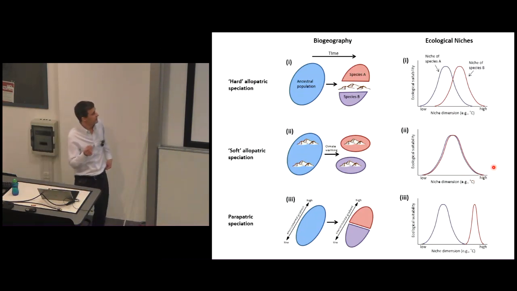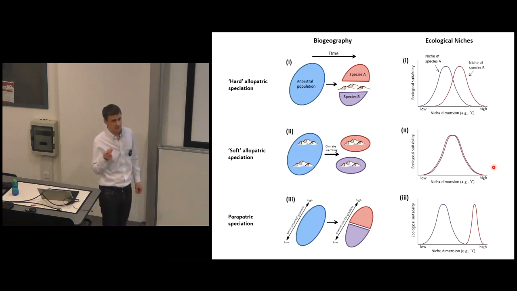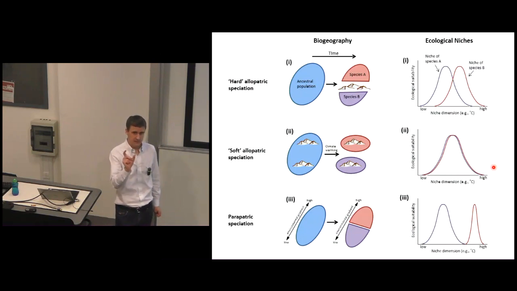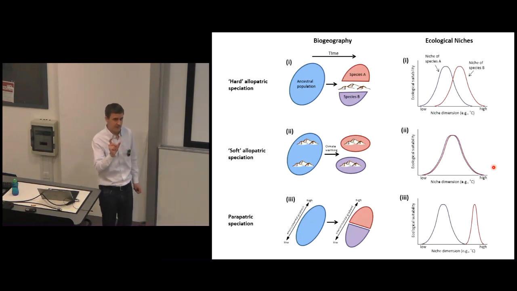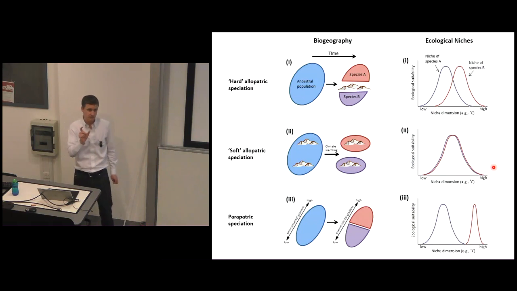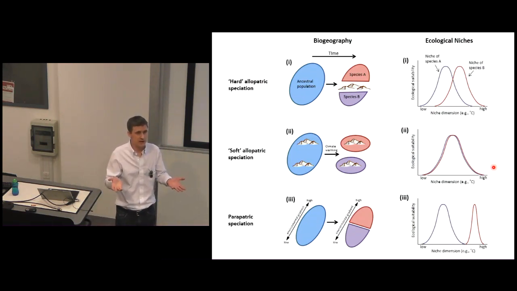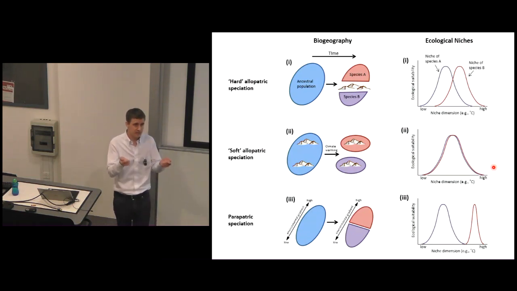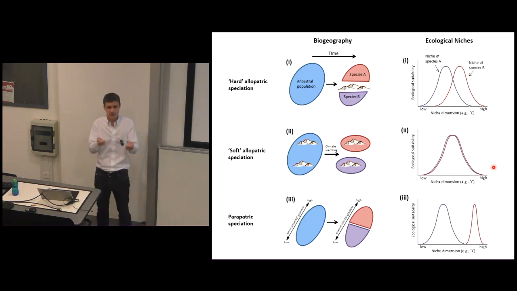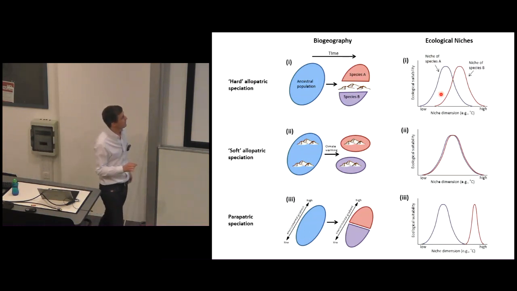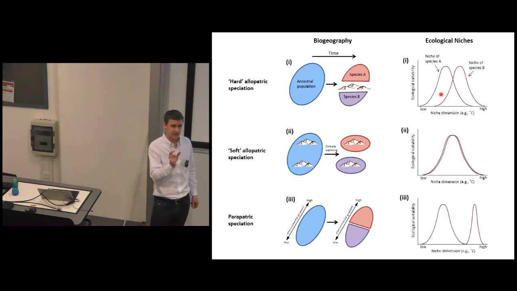If you contrast the ecological expectation with this soft allopatry, this is where we would expect fundamentally to see conservatism. So closely related species should have very similar ecological niches, again because the mechanism demands that species are not adapting to different environments as, say, the climate is changing, but instead they are tracking the conditions that they're adapted to and becoming isolated in that way. In terms of hard allopatry, well, this is really a mechanism that's about geography.